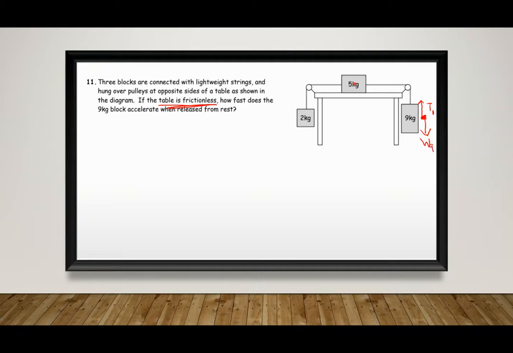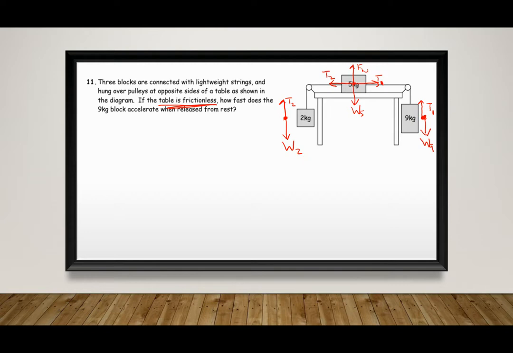Up here, we have our normal force, and we have our weight of our 5 kilogram block. We then have our tension 1, and then I'm going to call this other one tension 2. Now over here, I have tension 2, and I have my weight